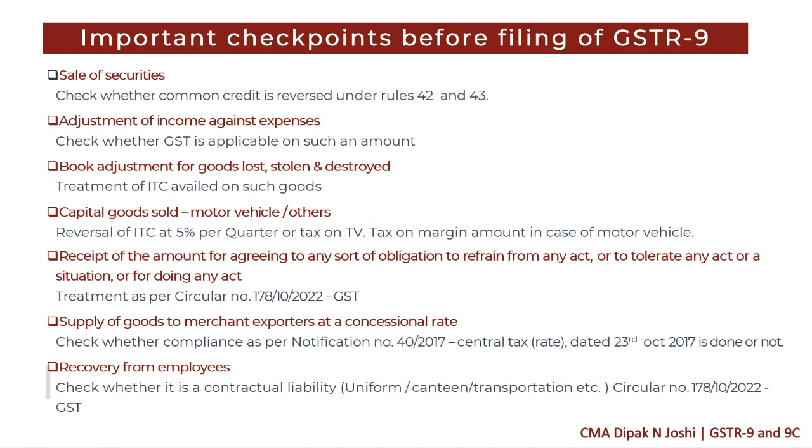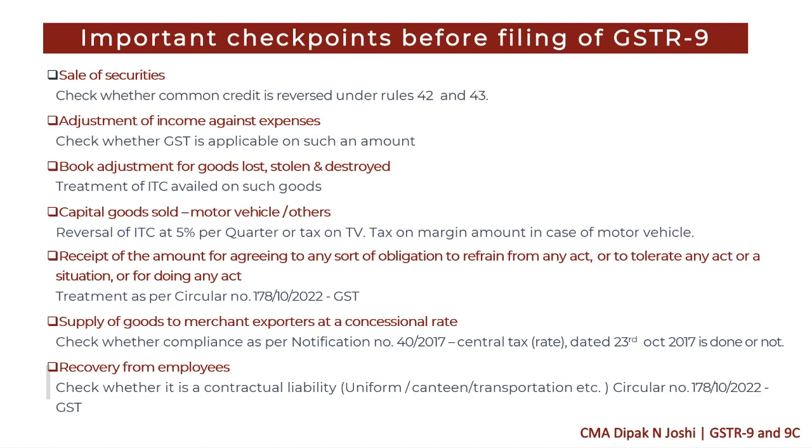In case of GST, it is 5% per quarter. So in case of sale of capital goods, a registered person is required to pay tax equivalent to reversal of ITC to the extent of 5% per quarter, or tax on transaction value, whichever